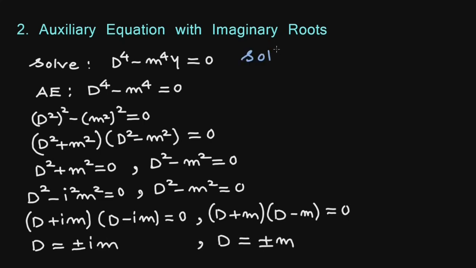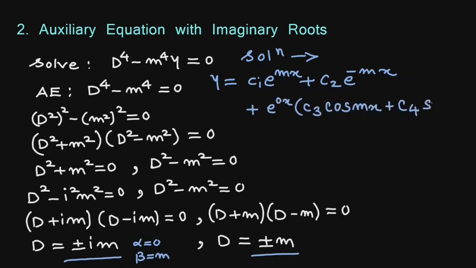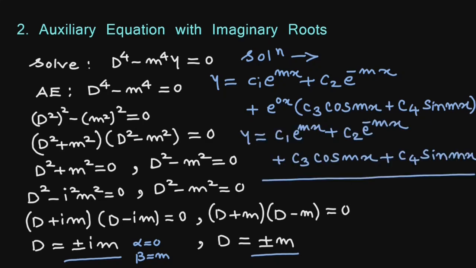So the solution y equals, for these two real roots, c1 e raised to mx plus c2 e raised to minus mx. For these two imaginary roots, alpha is 0, beta is m. So its solution will be plus e raised to 0x into (c3 cos mx plus c4 sin mx), which will be y equals